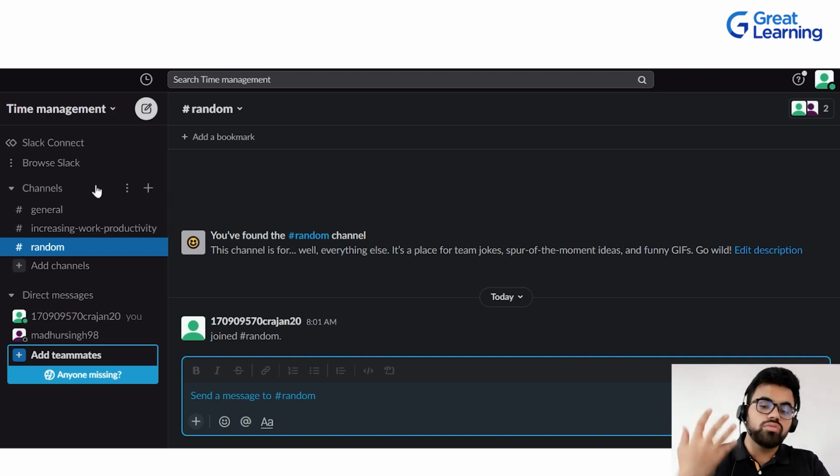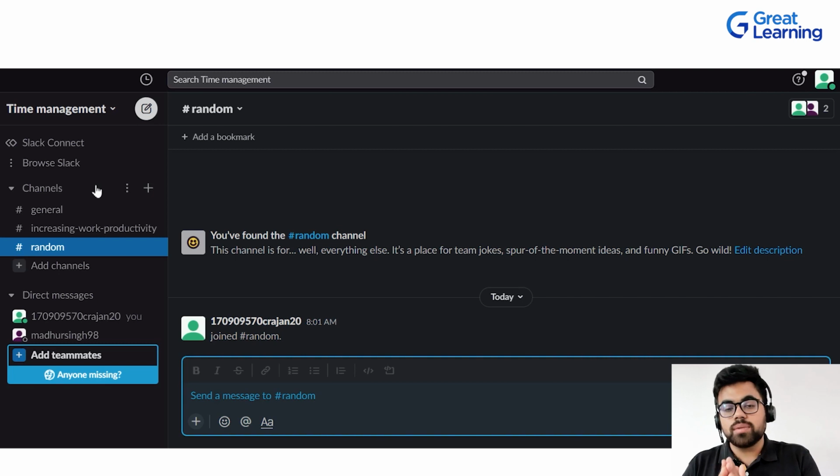You can focus on the conversation and the work that is on priority. So that is the most important meaning of what channels are. Now the second most important thing is that it creates alignment in the work process that you're doing. It provides you and your team with a shared view of the same work that is being done, with access to the same information. Everyone can be in sync with the way that you are doing that particular thing.